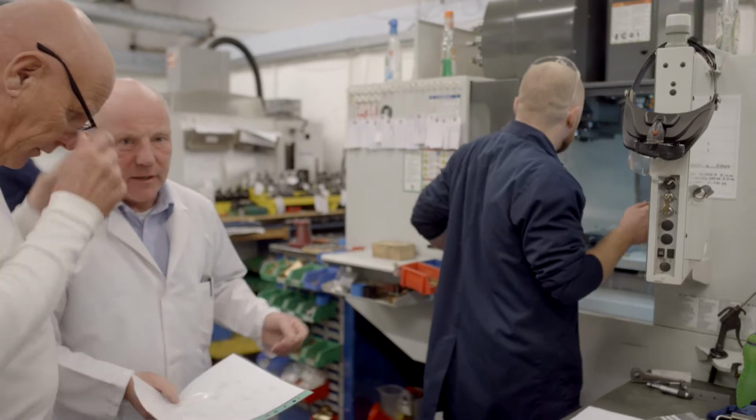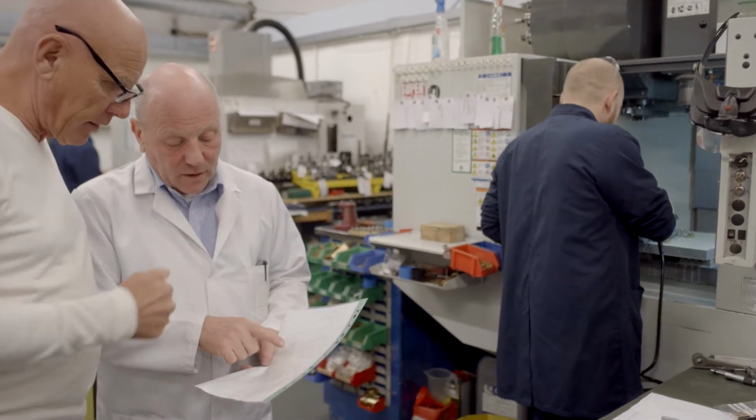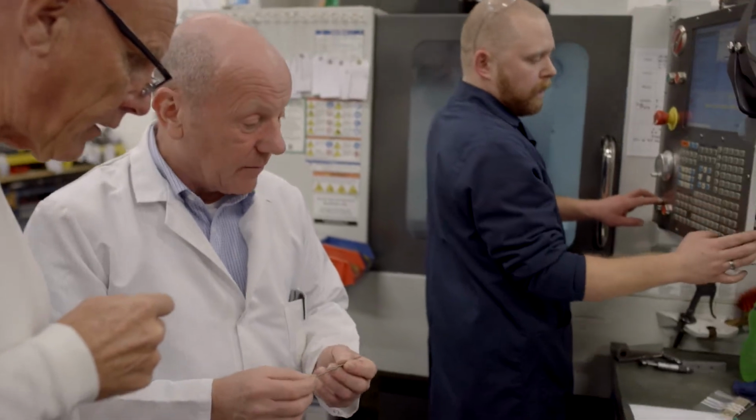So Ben's just this morning programmed the machine. These are the indexing parts. We're quite proud of our technology. We use 3D SolidWorks. We produce engineering drawings. We have very tight issue control on all the drawings, so we know exactly what goes into each clock. These are the indexing arms. And that fits. But we're also very proud of the fact that we use a lot of traditional clockmaking processes,